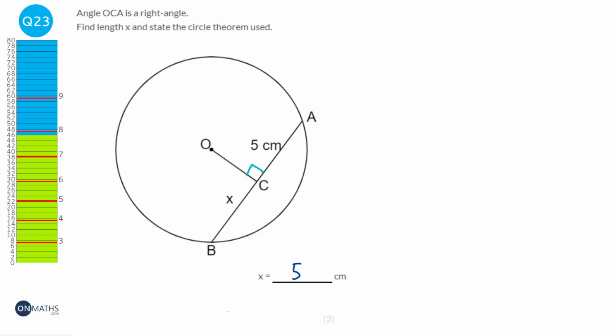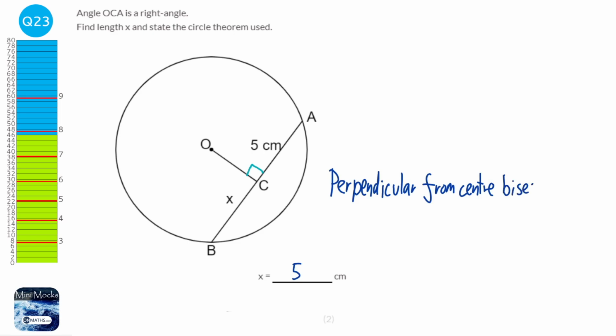And the reason for that is that the perpendicular from the center bisects the chord. And what that means is that we've got a perpendicular from the center, which is this line here,